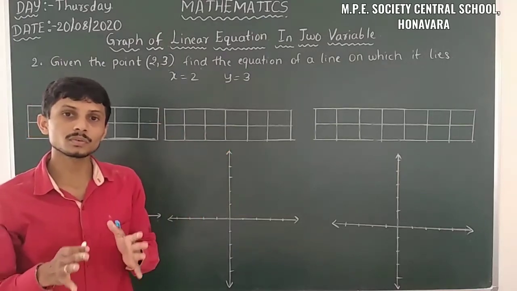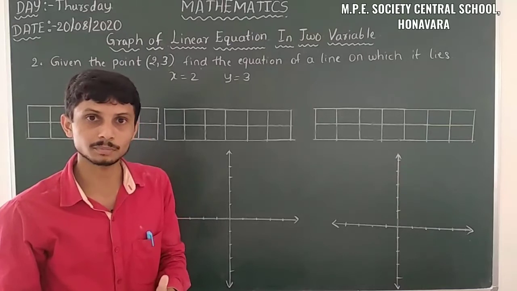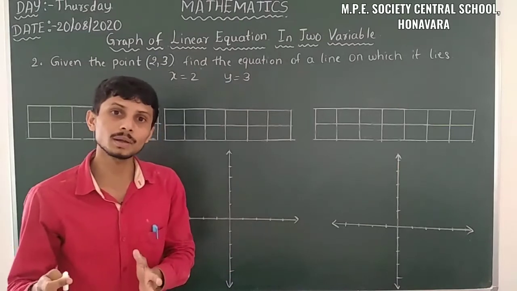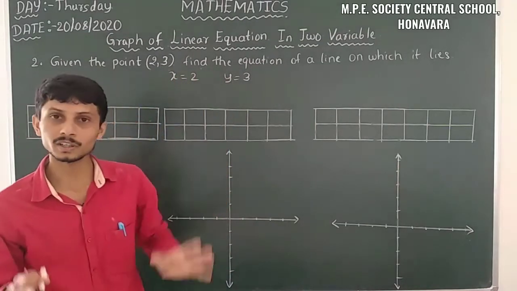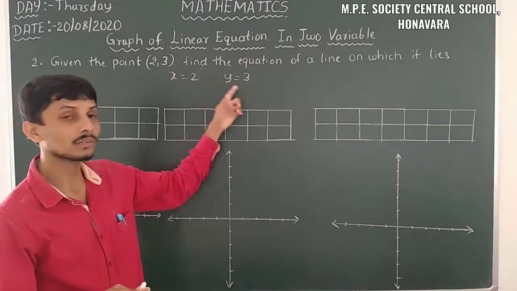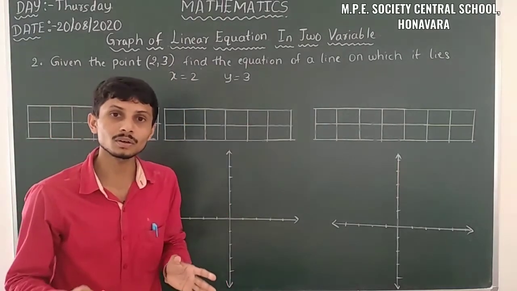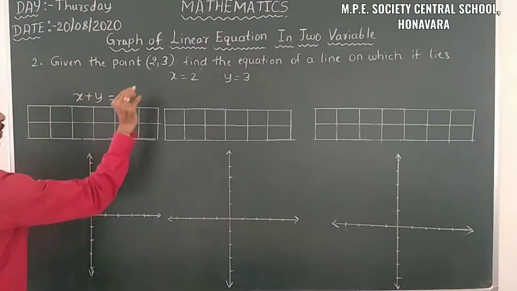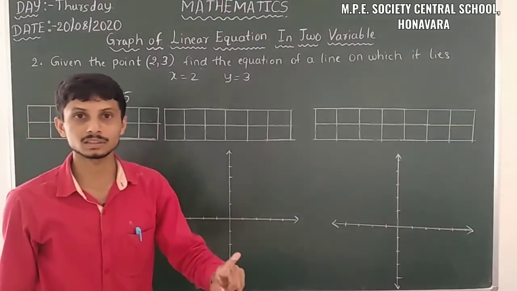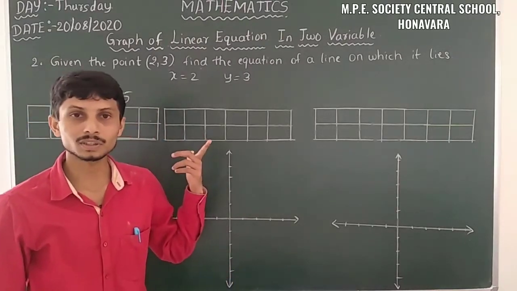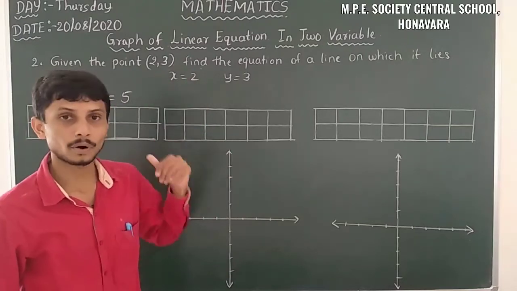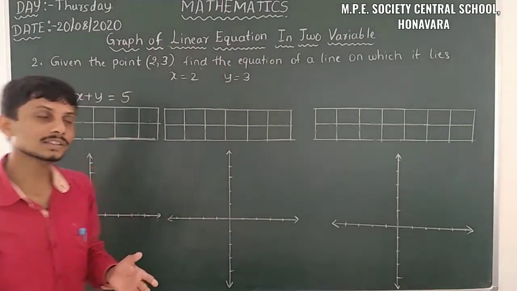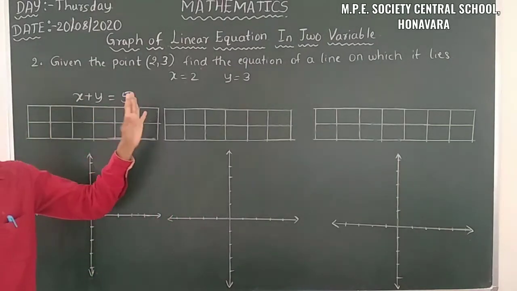Just observe when we are adding those 2 terms, that means the sum of the 2 terms. Here 2 is there, here 3 is there. What is the sum of them? The sum of 2 and 3 is 5. So when we are adding x and y, we get the value 5. That means x plus y is equal to 5 is the first equation. It's a simple equation representing that point, that is, when we add those two coordinates, we get the value 5, so we represent it as x plus y is equal to 5.